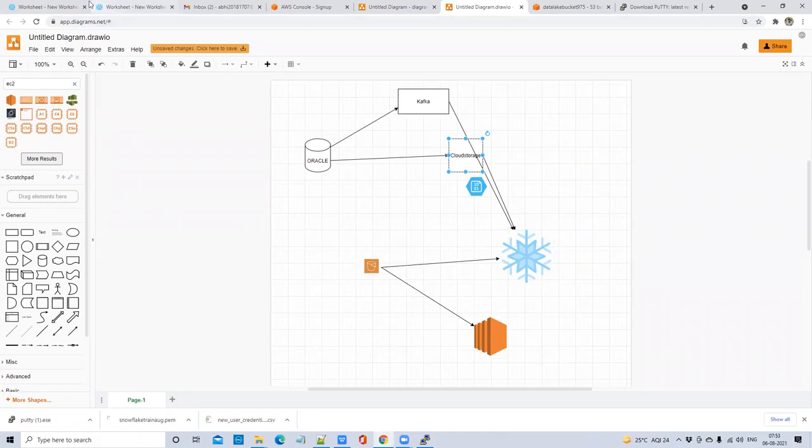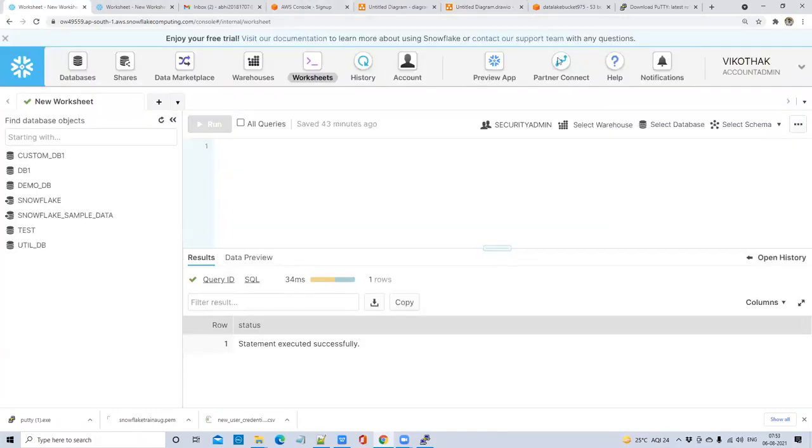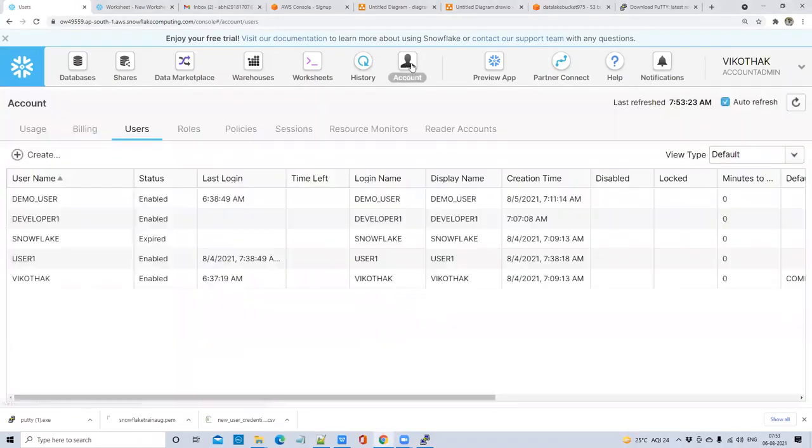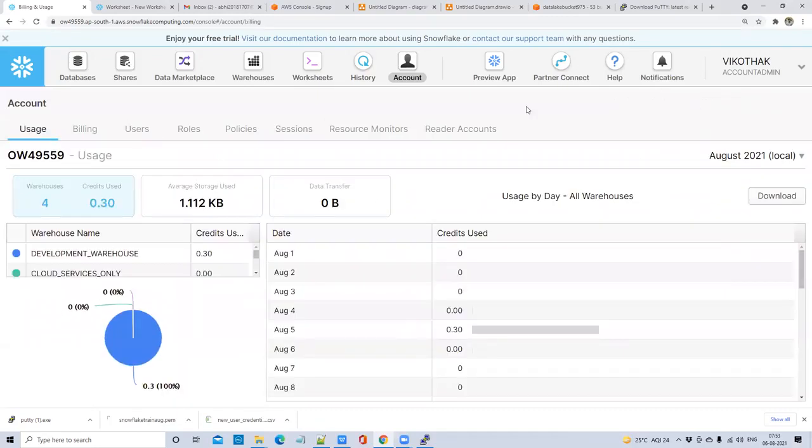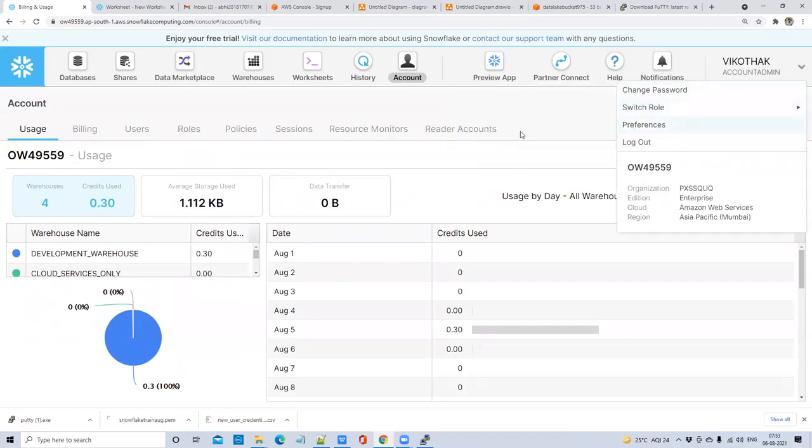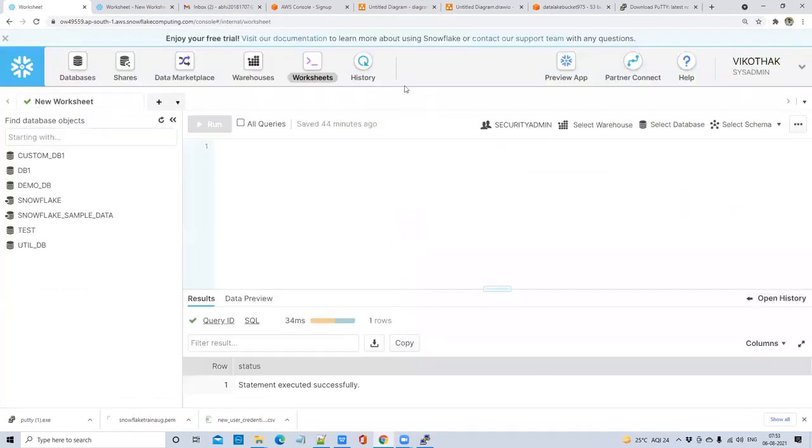And I told you in yesterday's class also, I have shown you that billing dashboard. So if you have this account admin role, you'll see this account button. So you can go to billing and a lot of things you can do here. Only account admin can do it. Let's say I am switching it to sysadmin. You won't get the account button here. See, account icon is not there. So there are a lot of other things, so we will be slowly discussing while doing the data sharing. Only account admin can create the shares. So there are a lot of extra privileges for account admin.